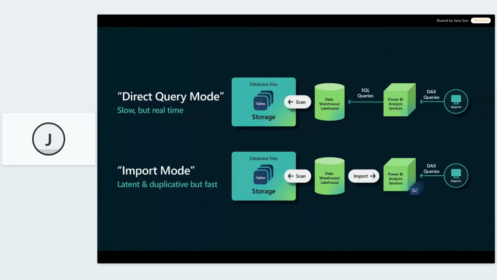And in direct query mode, what is happening is, of course, our report generates different queries against the Analysis Services engine, which then federates them to a database. So it's a real-time connection. It provides instant access, but it comes with challenges. So each report, of course, can generate 1 to 10 to 50 or even more queries, depending on the complexity of your DAX, complexity of your model structure.